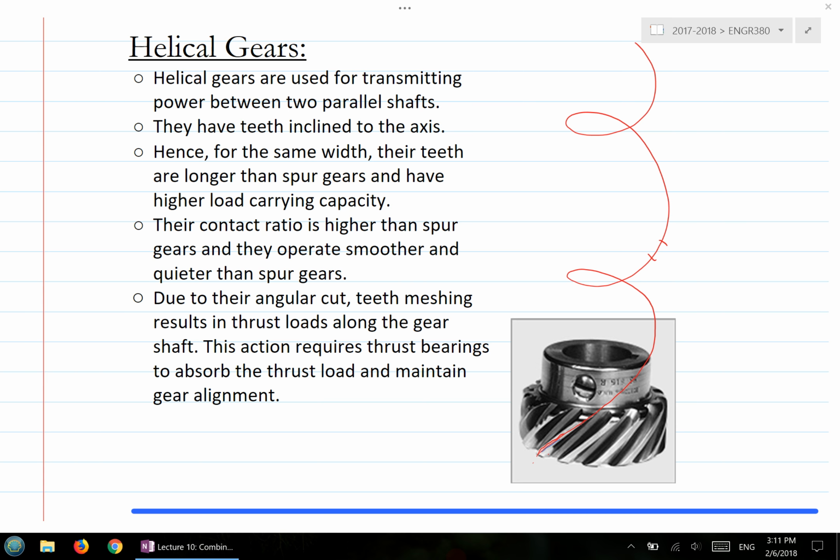But the difference is, when another helical gear meshes with this one here, it not only generates a so-called radial load, but also a so-called thrust load. So, for example, if I go back to the